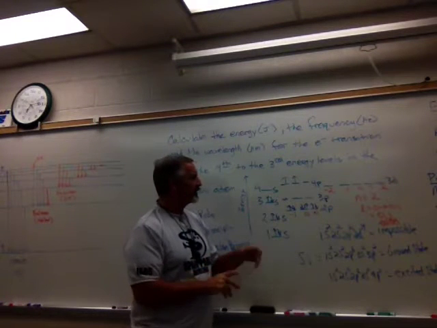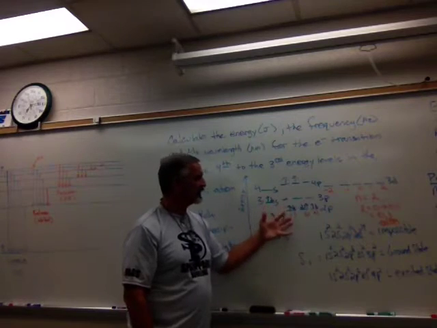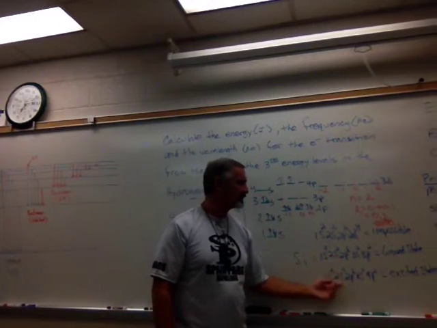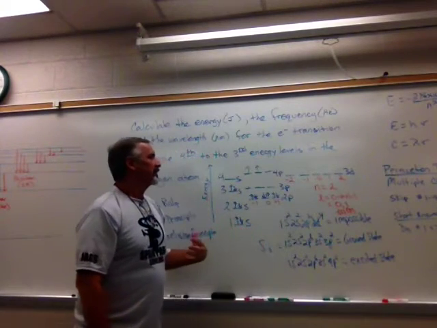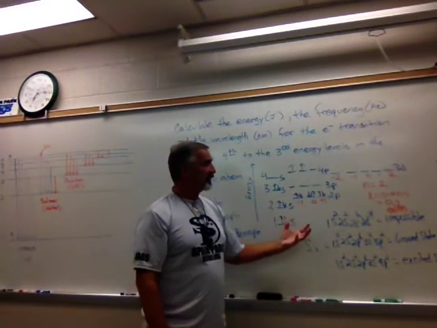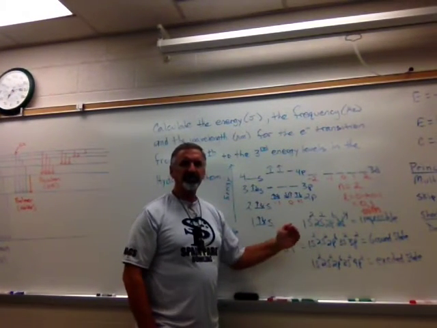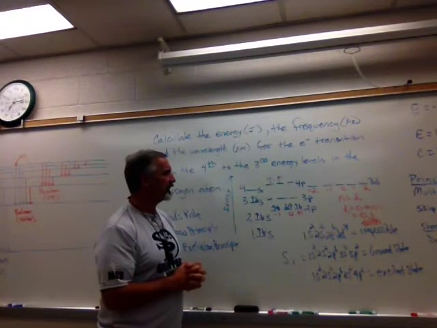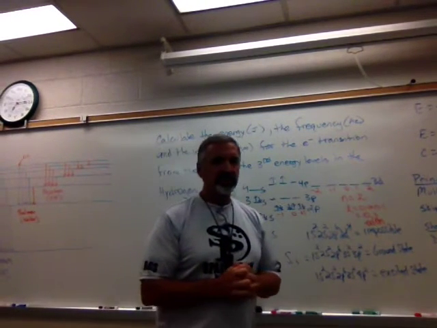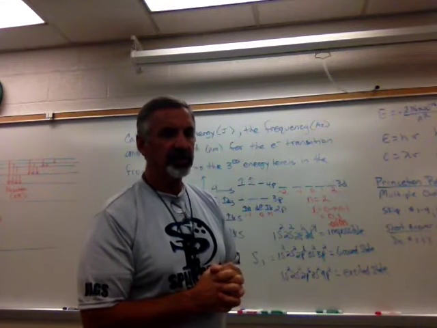Okay? So we need to be able to understand our arrow diagrams and our electron configurations. We need to know what's the ground state, the excited state, and which ones aren't even possible. We need to be able to do electron configuration for ions as they lose electrons and know that they're always going to lose the outermost energy level first. Those are your valence electrons. Okay? Now, in addition to all that, okay,